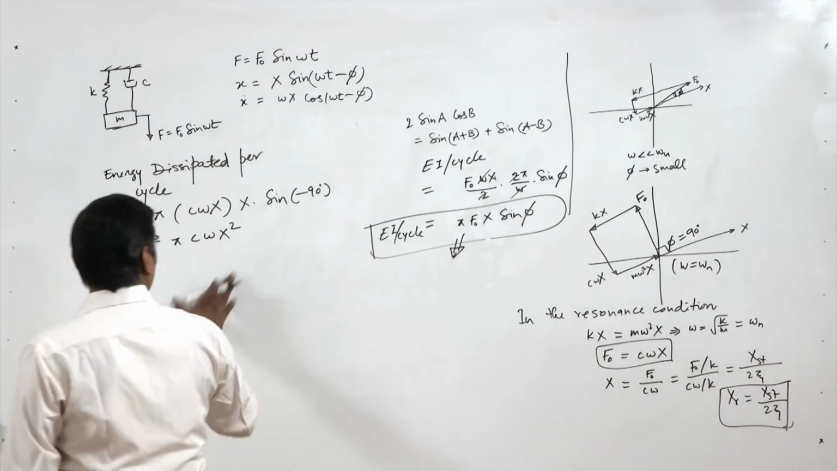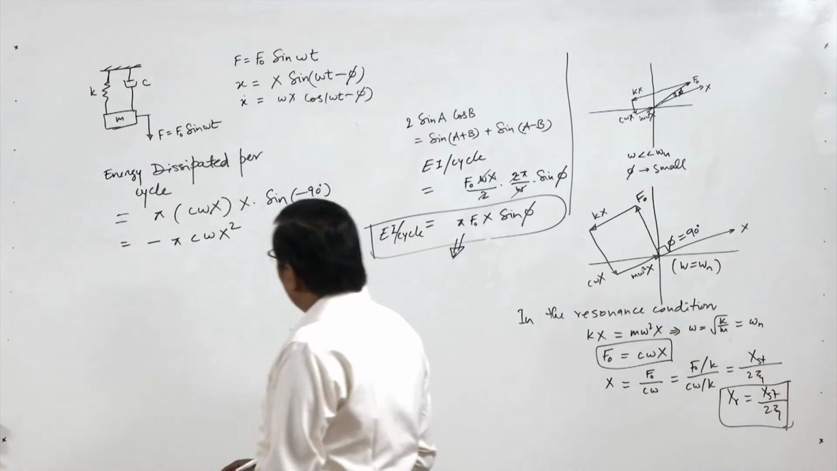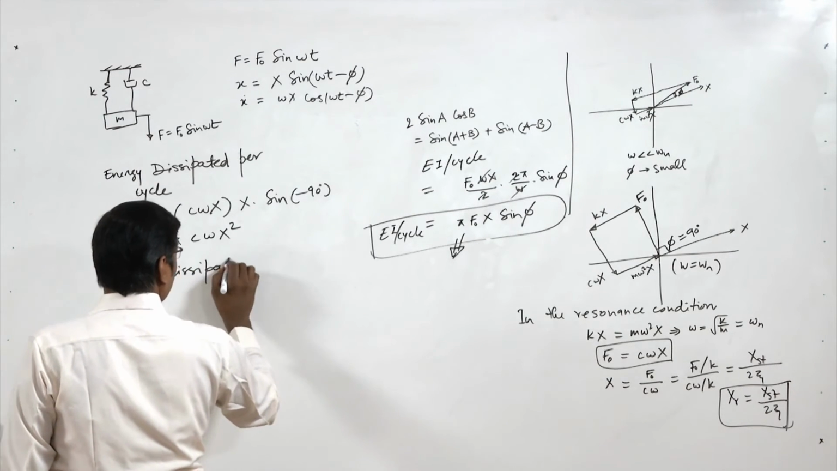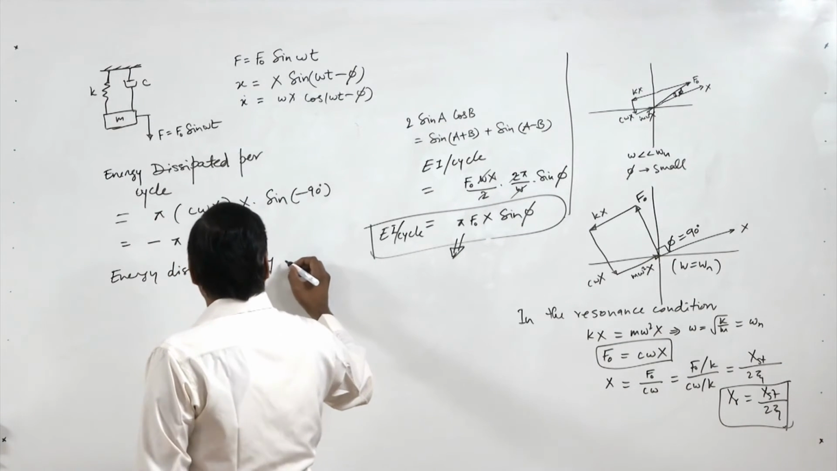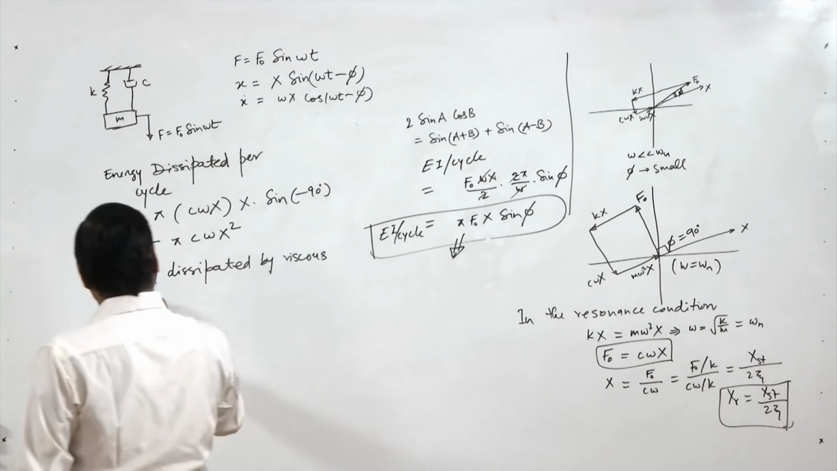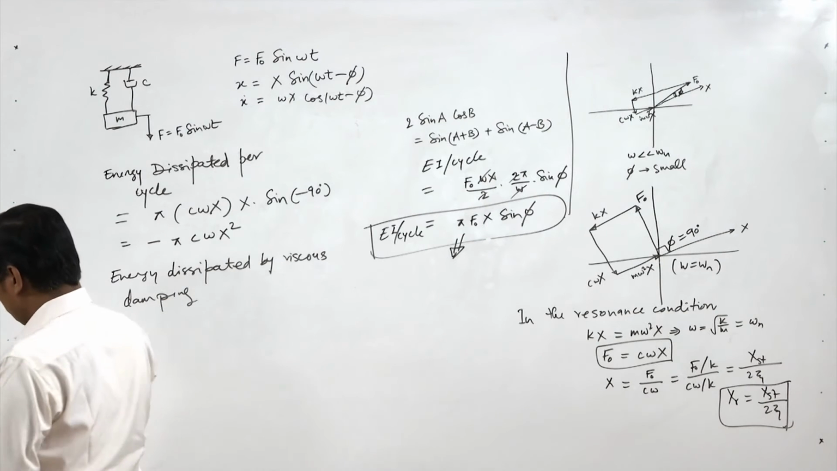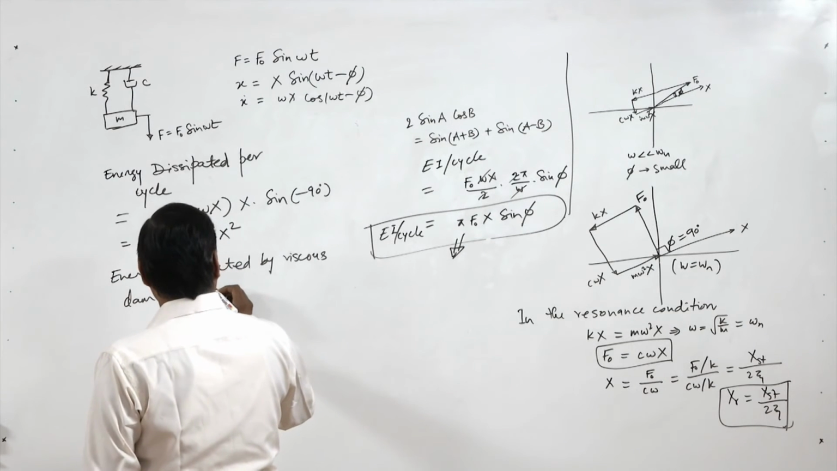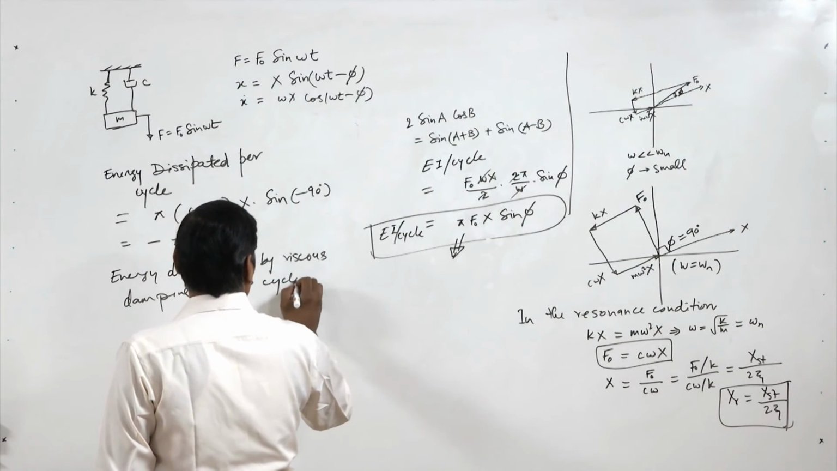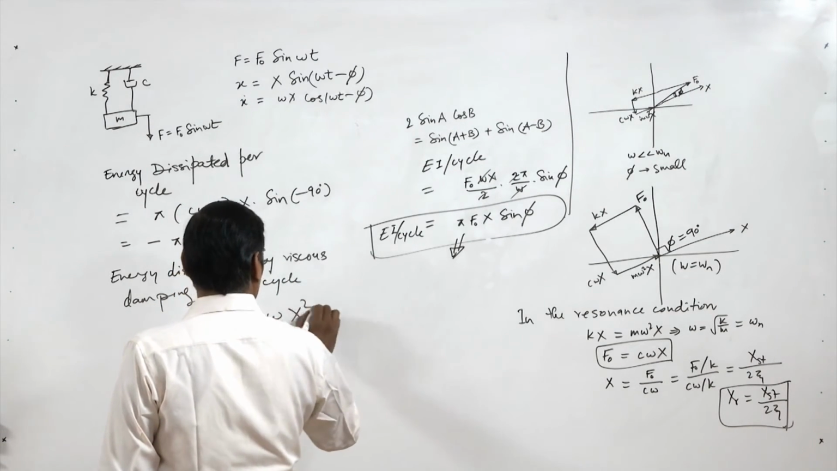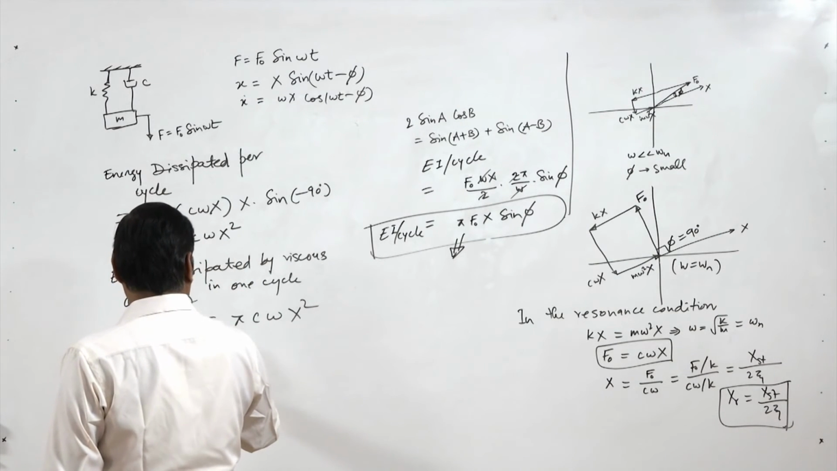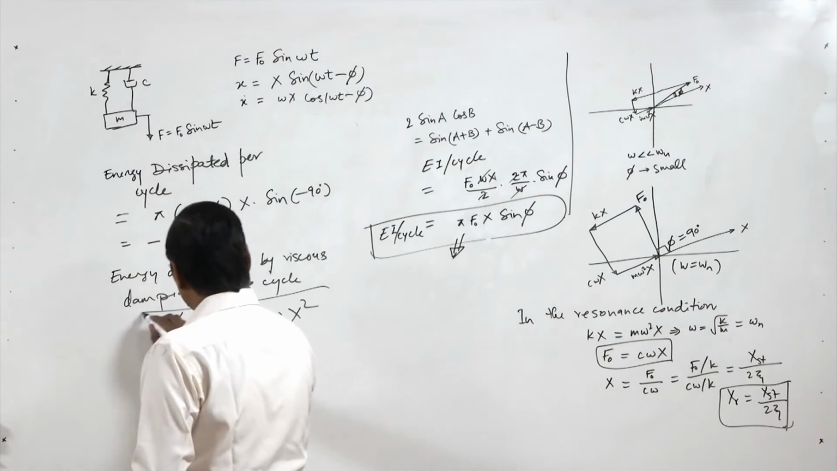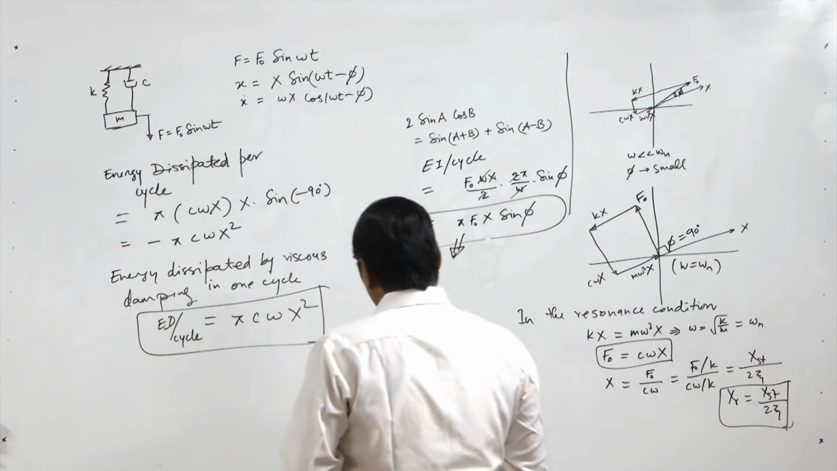So it only shows that energy is dissipated. So energy dissipated by viscous damping in one cycle is equal to pi c omega x square. Second. Okay. Now energy input